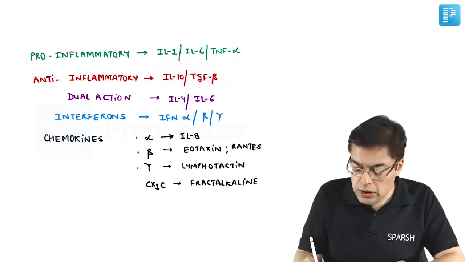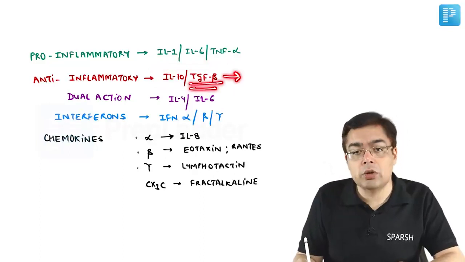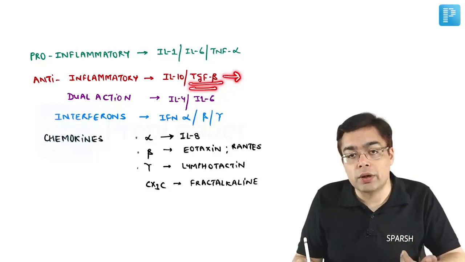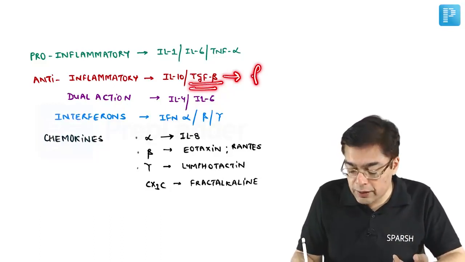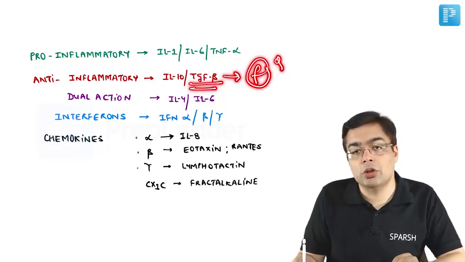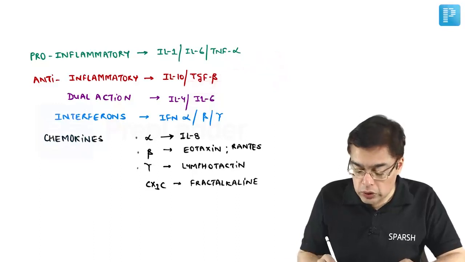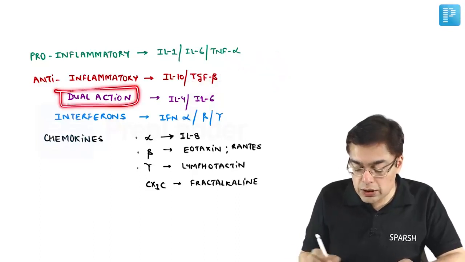This is important because TGF beta is also going to be an example of a cytokine which is going to be important at the time of healing. So it is a pro-fibrotic type of cytokine. It is very important for the deposition of the fibrous tissue in the tissues after the development of inflammation. When we are talking about cytokines which are going to be having a dual action, we have a role